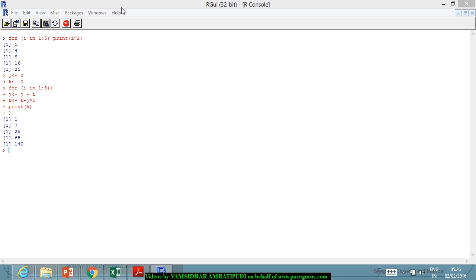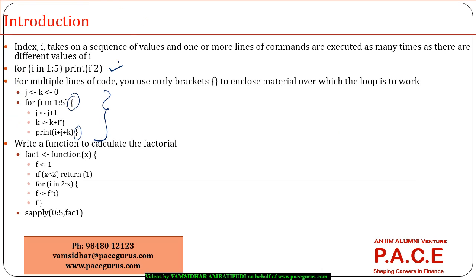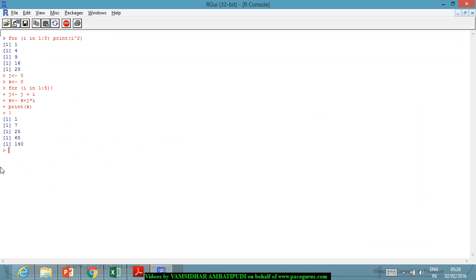Some interesting examples we can take. Let's say I want to create a factorial function. We can talk about creating a function as well as using the loop. We can look at both of them together in this process. Or for a simple thing, I want to create a simple factorial for some numbers using a loop. So it's as good as,